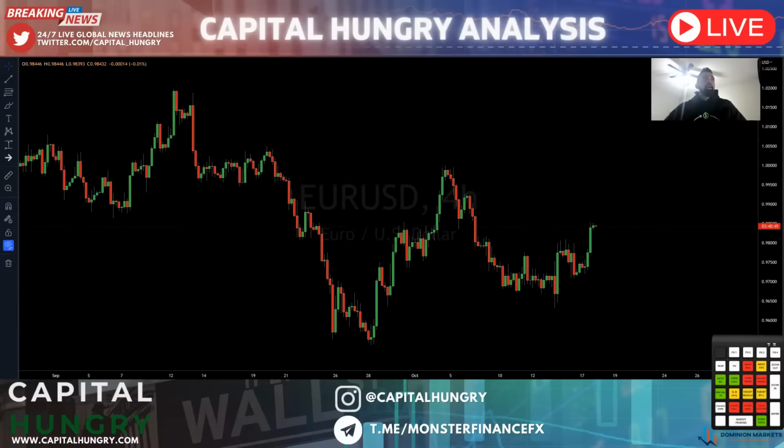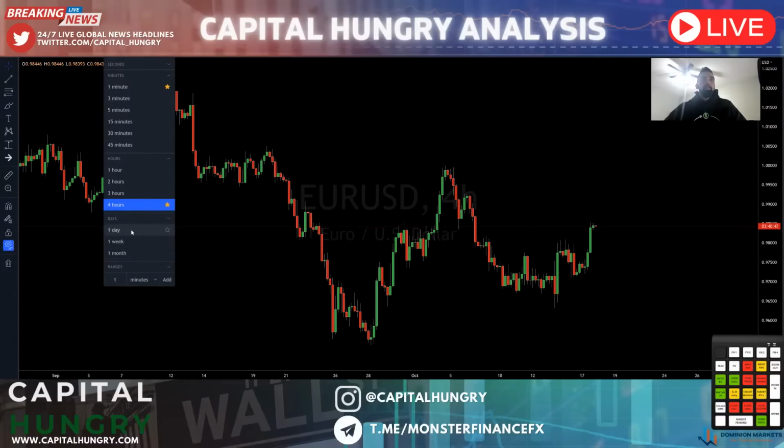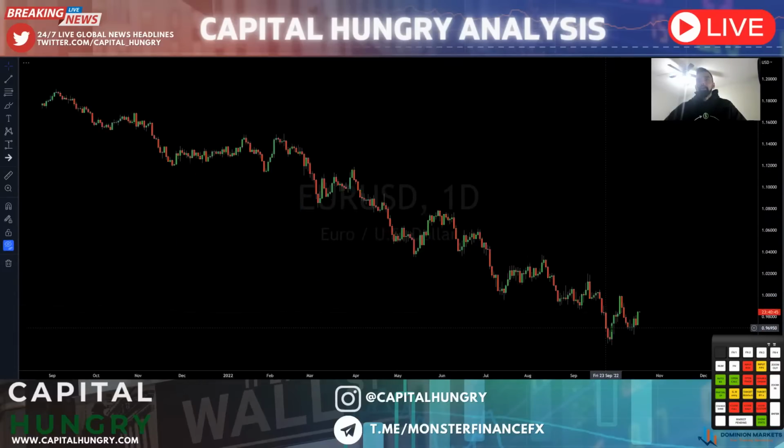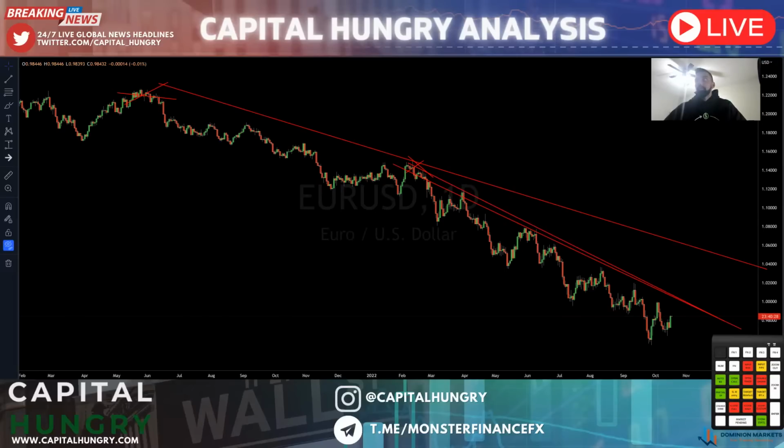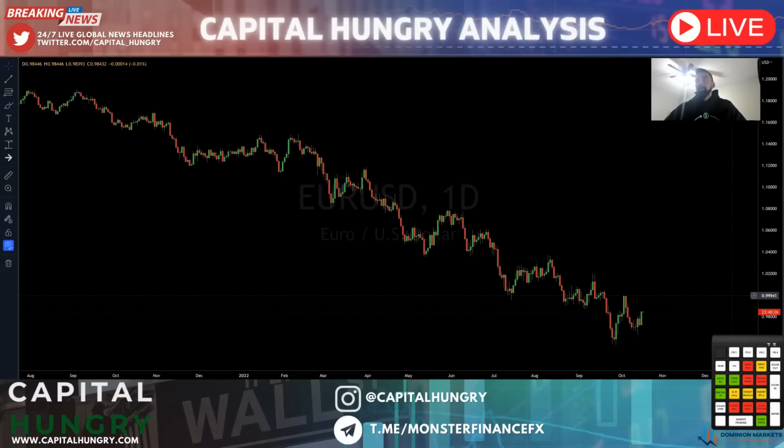EURUSD, same type of idea. EURUSD is just having a pullback phase from significant lower lows being printed. But the overall bearish market structure is extremely strong across time frames. Whether you're looking at from the start of the new year period, or whether you're looking at from the start of last year, or whether you're looking at the start of this year, we've been in extremely bearish market structure. And it is common to get these aggressive pullback phases.